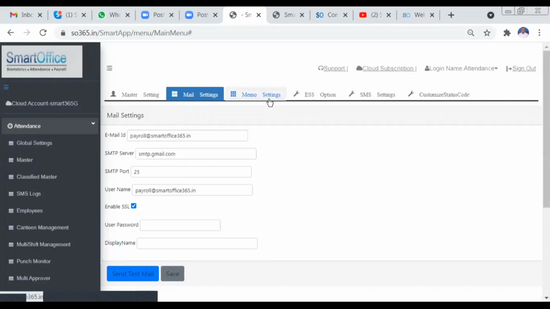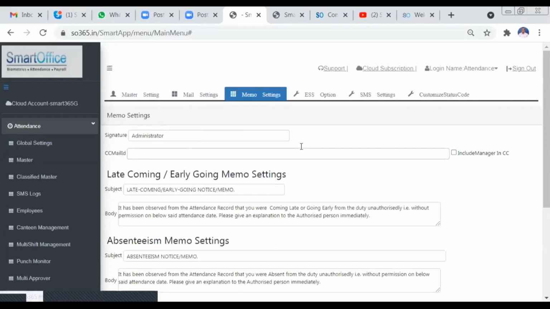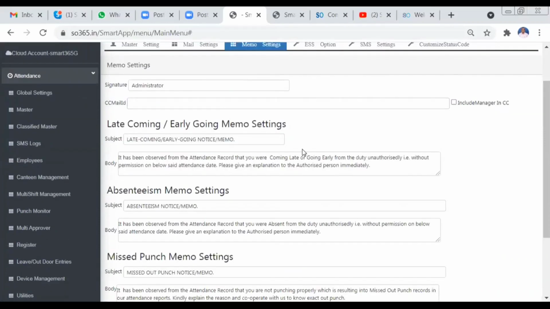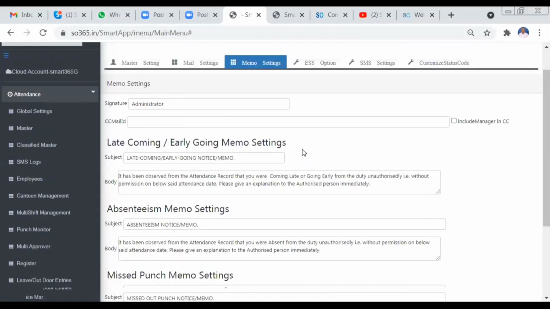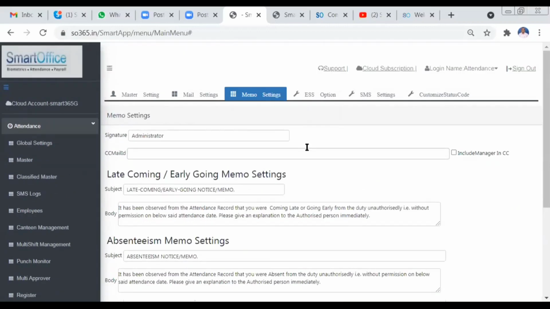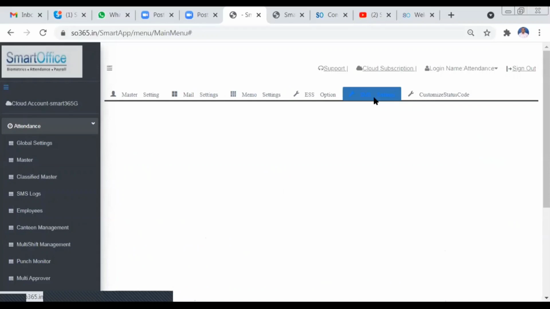And then we do have a memo setting. Once this mail setting is done, then you can go for the memo setting. That is the memo setting to send a notification to your employees. Memo setting and the SMS setting in the cloud application are additional features, I can call it.